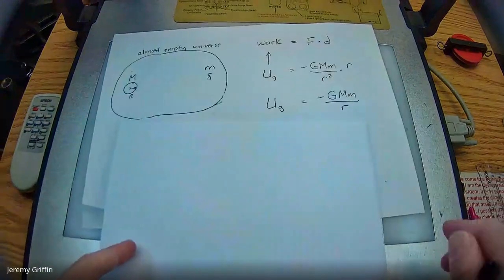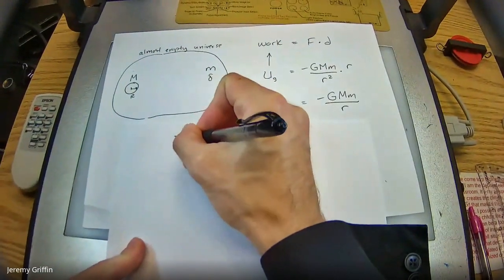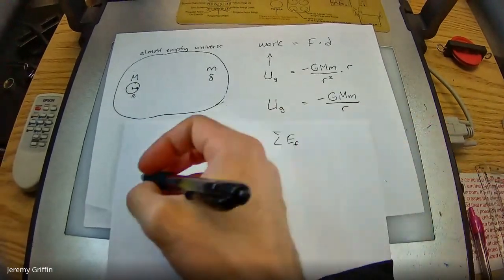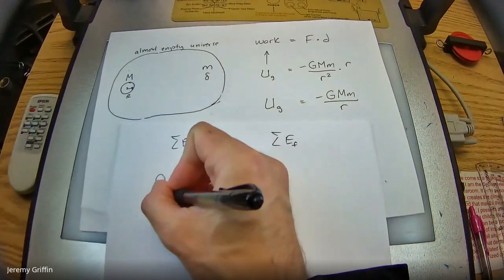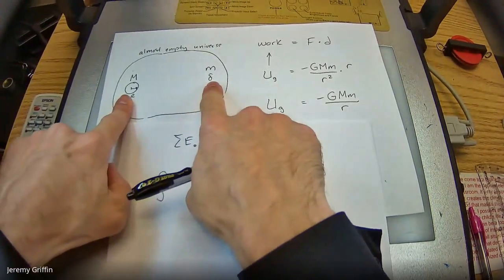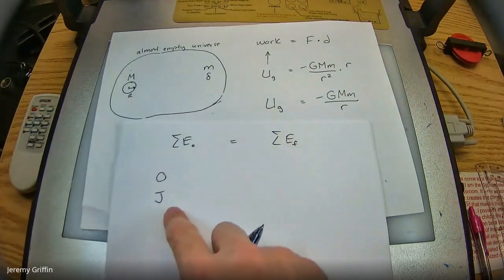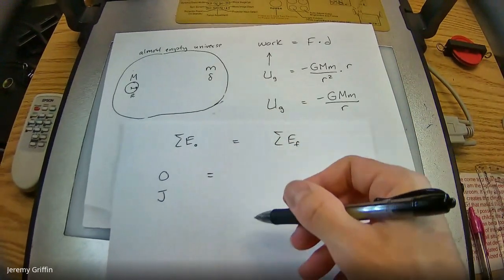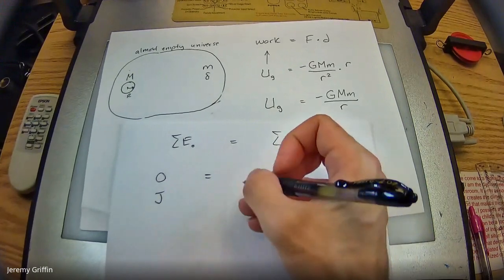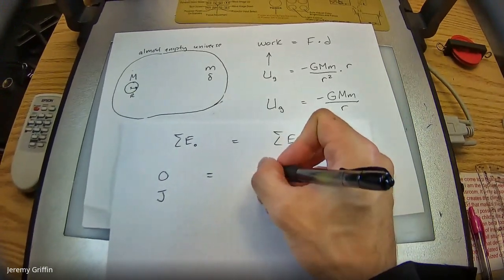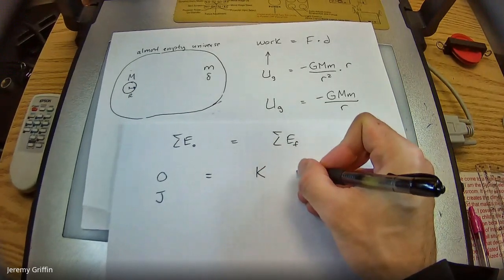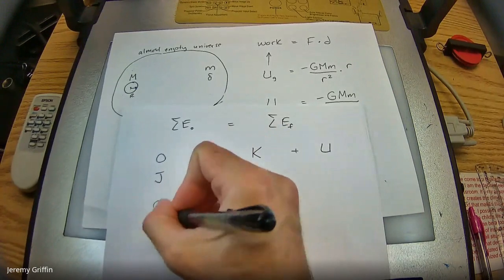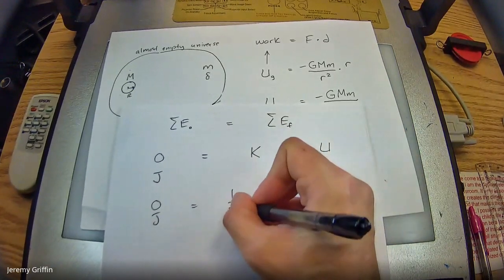So let's do a conservation of energy setup. Sum of energy initial equals sum of energy final. And I told you guys we're sort of defining it this way, thinking this way, that these two objects at the edge of space have 0 joules to start with. Then the lab mass starts falling towards the planet. The planet moves a little bit too, but just a tiny bit. There's some kinetic energy and there's some potential energy, K plus U. So 0 joules of energy. Let me sub in some formulas. I know kinetic energy is 1/2 mv squared.